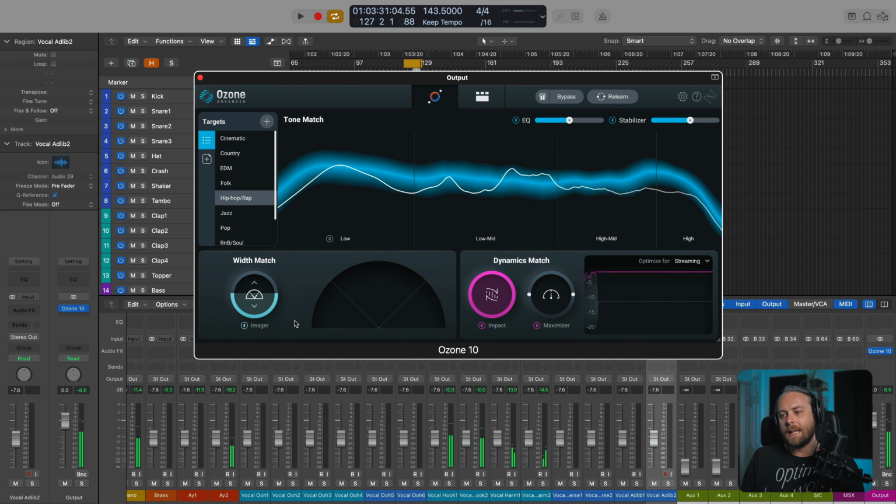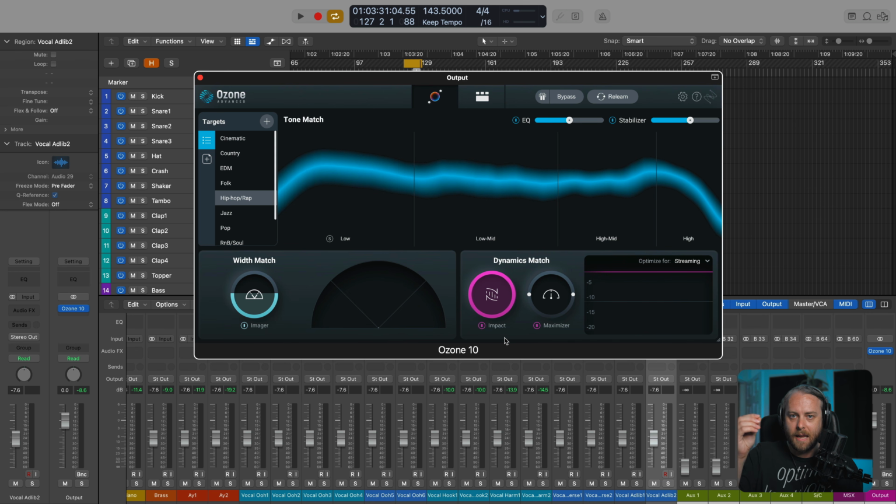Leave that there. Now we have dynamics match here. So we are actually also able to match the microdynamic energy of your track against the microdynamic energy, the ideal energy, of a target, in this case, hip hop and rap. And this is really, really interesting. We'll talk more about microdynamics once we get to the impact module, but suffice to say, you can also scale or turn this off and on through this little gauge here.